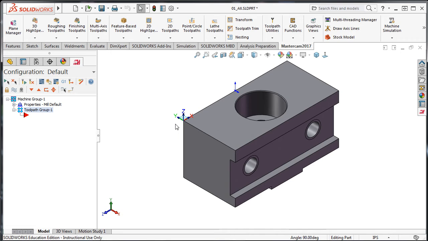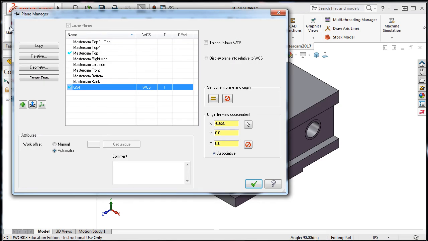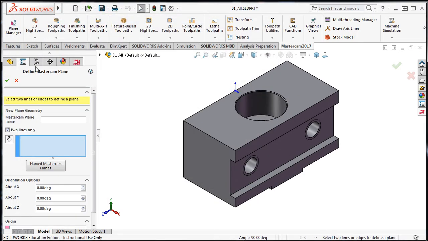If I now wanted to program this face, I would select the Plane Manager again, then select the Geometry tab. I'll name this plane G55 and use these 2 lines to define the plane, selecting the X first followed by the Y-axis line. Again, the Z and Y-axis are pointing in the wrong direction, so I can flip them with this,